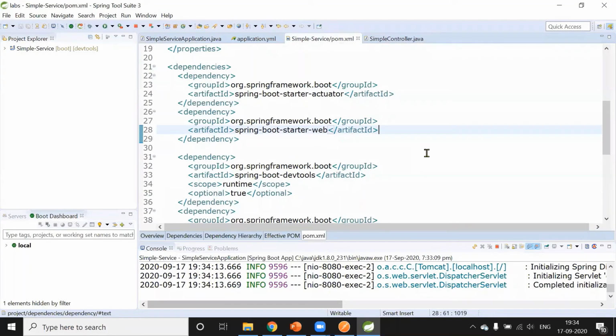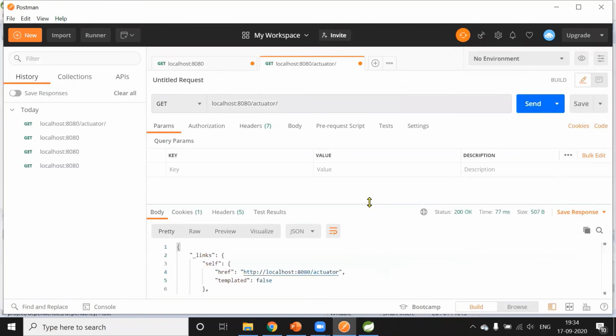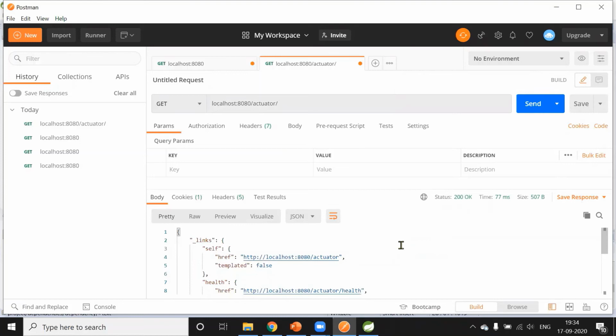To discuss that, let me go to Postman, open one more tab, and type localhost:8080/actuator. Automatically, when we add the dependency for actuator, this endpoint will get enabled. When I say send here, it shows some of the default actuator endpoints. You can see there is a health endpoint, /health, and similarly info. There are two endpoints coming.